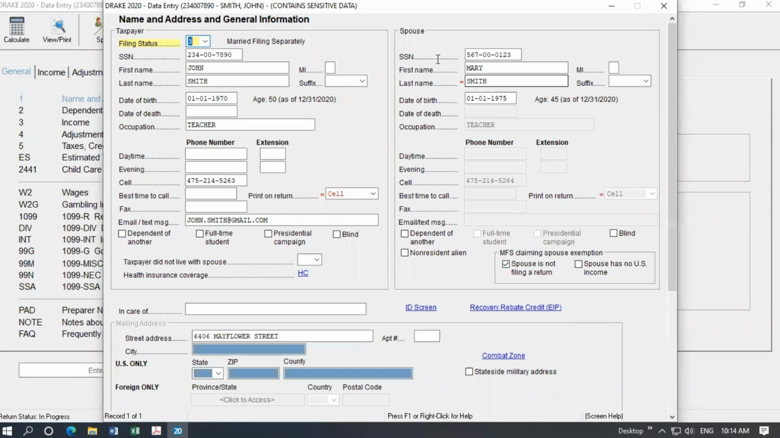Because when married filing the return, here we are selecting "spouse is not filing the return." For example, suppose Mary filed the return, she will also get the 12,400 deduction, correct? Both taxpayers, if they are filing separately,